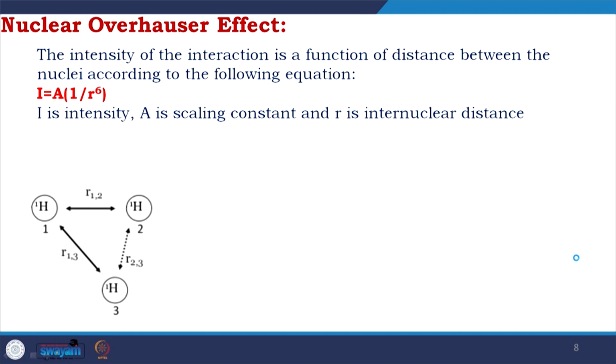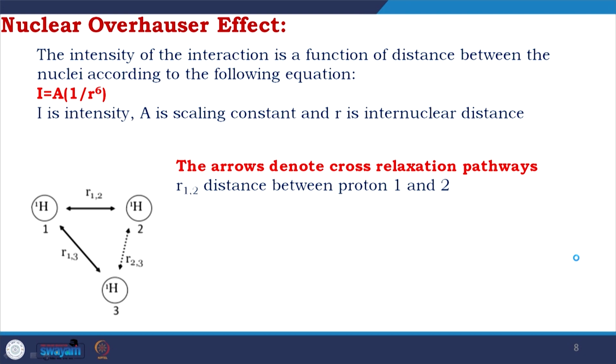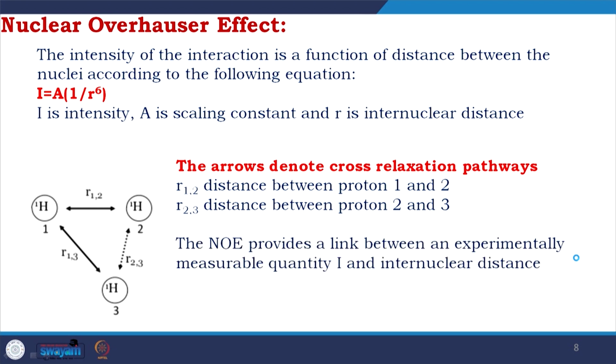So, if you see there are 3 hydrogens, the arrows denote cross relaxation pathways. R12 is the distance between proton 1 and 2, and their interaction, R23 is the distance between proton 2 and 3. The NOE provides a link between an approximately measurable quantity in the experiment and the internuclear distance. As I told, by analyzing those distances, we could comment on the closeness of 2 groups which are not connected